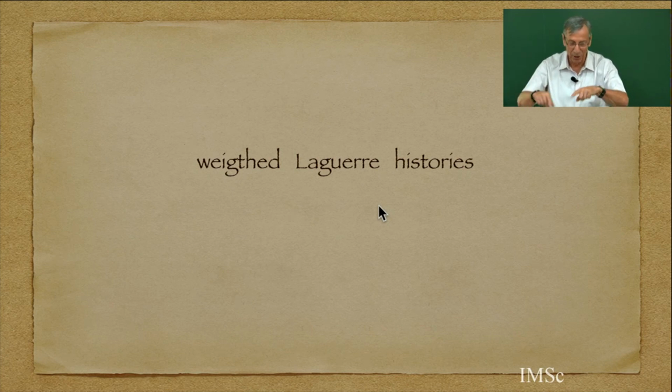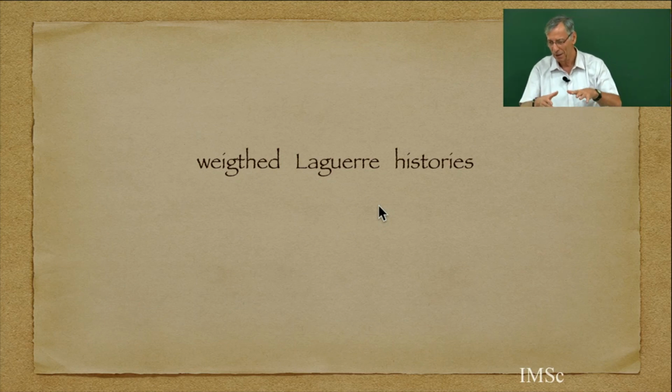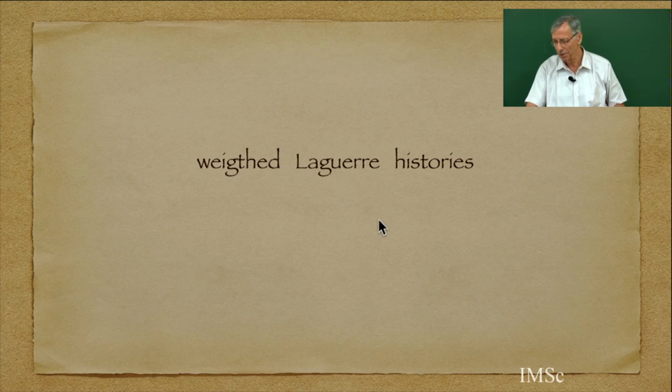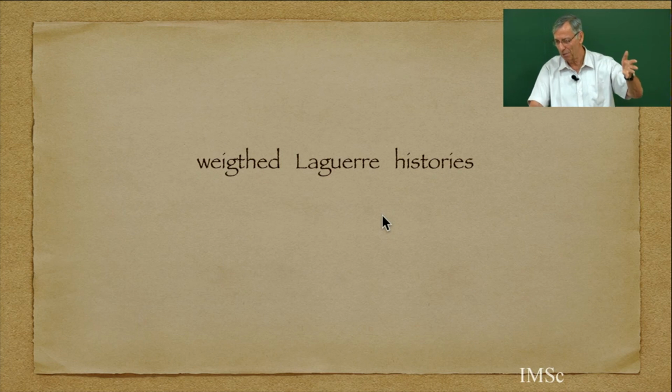And then I am going to weight the history. So the history is defined from a certain weight, not to be confused with weighted paths with many kinds of weights. So I tried to introduce the name history. Now many people use the name history. History is you remember everything you have done. So it depends on the valuation. So there is Laguerre history because this is a specific valuation.